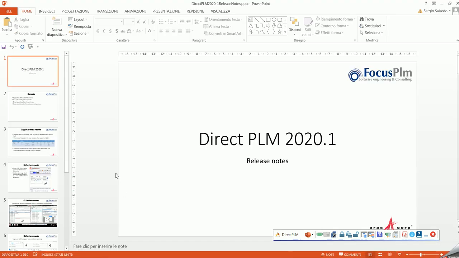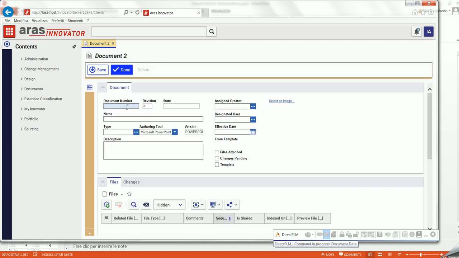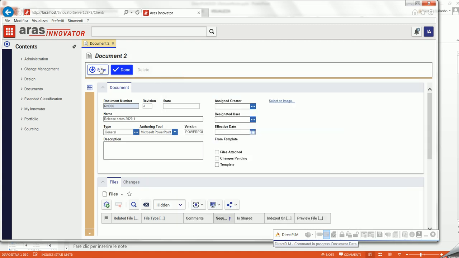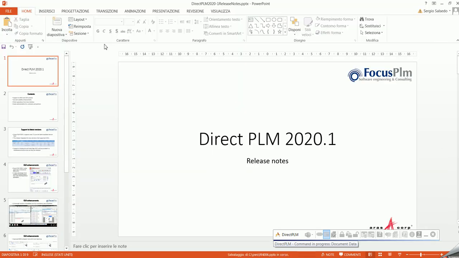A similar use case can be followed with PowerPoint, for instance. Let's say that I want to save this document in ARAS. Same steps. First, I define the document. I provide a description. And I could define a classification. Again, when I'm done, I just save the metadata and I close the form, and I'm brought back to the